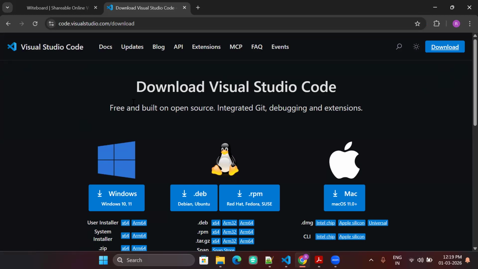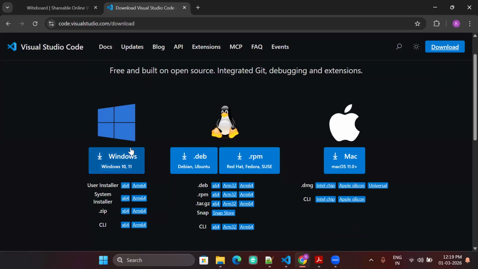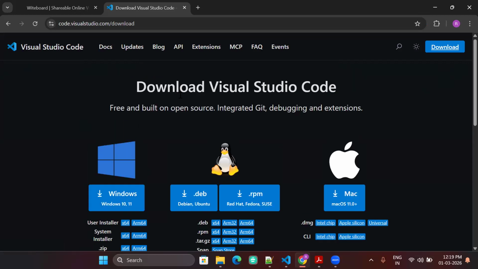There you will definitely find this VS Code editor. Based on what operating system you use, you can download and install it. This is the first thing that you do.